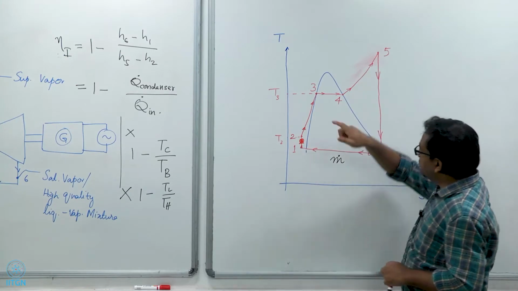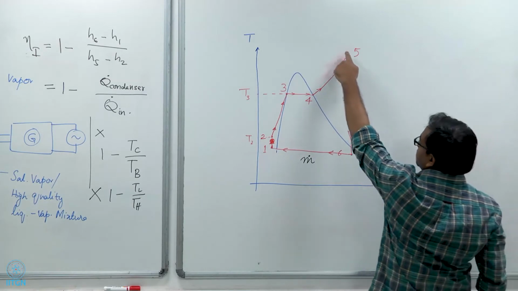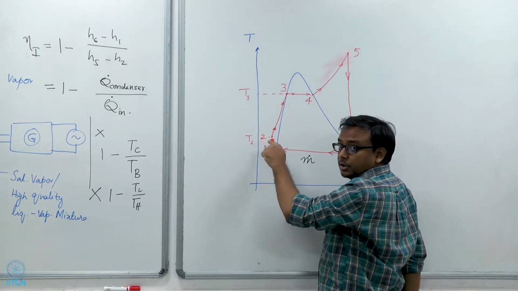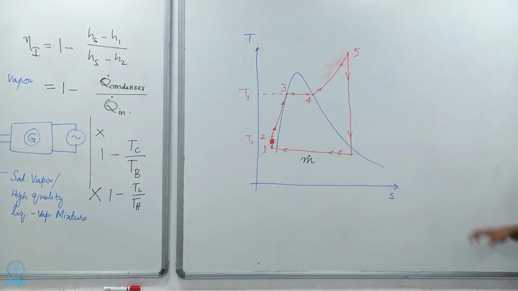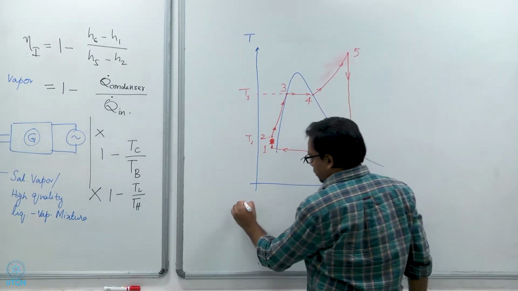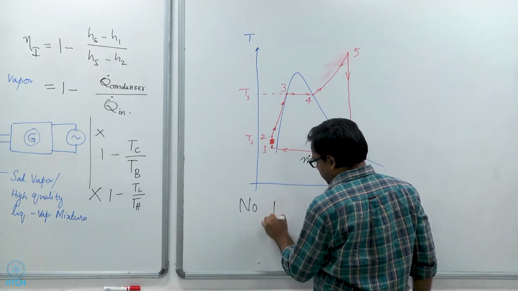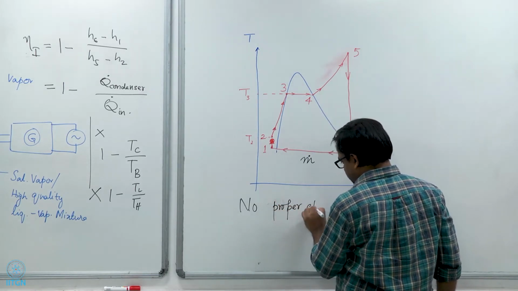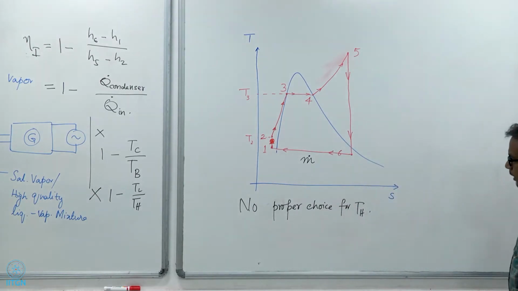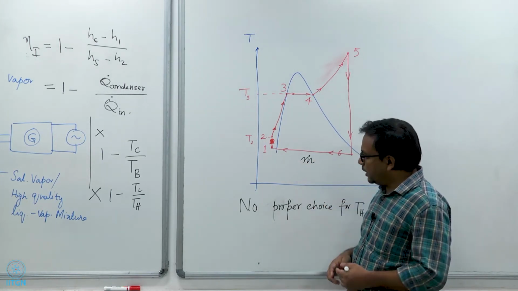And number two is, again if you come back here, you will see that there is no clear choice for TH. The highest temperature is T5, but at the same time heat is also being added at a much lower temperature here to the liquid water. So, you cannot choose TH. You can write that there is no proper choice for TH. Okay. Similarly, there is also no proper choice for TL,